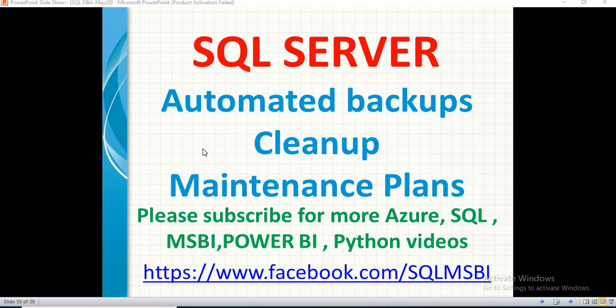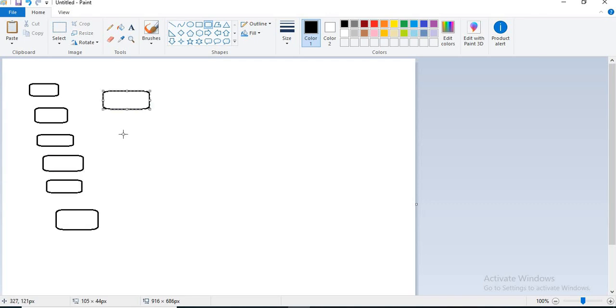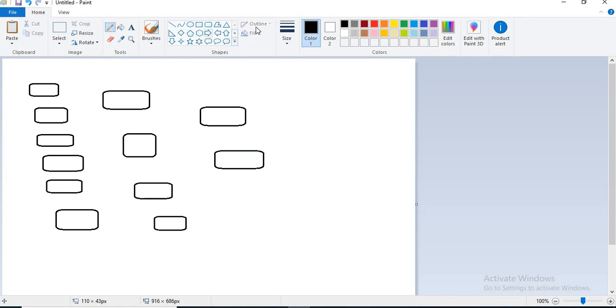If you start taking backups, the size of the folder might go a little higher than expected. Let us say I have one database in a server, and I take a backup today, a backup tomorrow, a backup the next day, like that. So one fine day I might be having a folder full of backups. Assume the size of each backup is 1 GB, so this is 1, 1, 1, 1 like this.